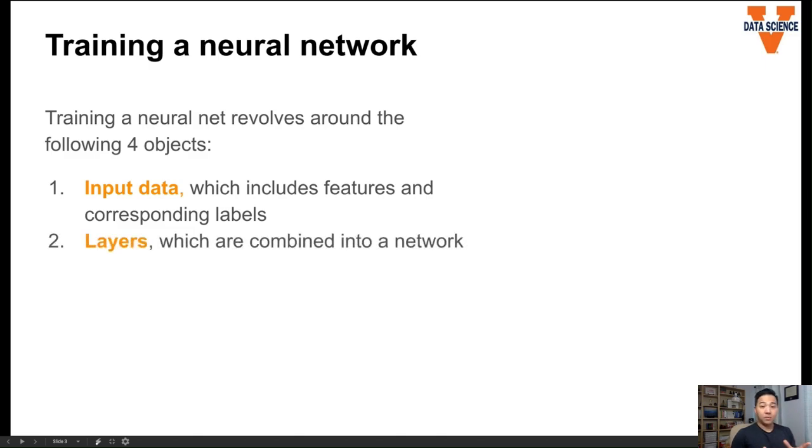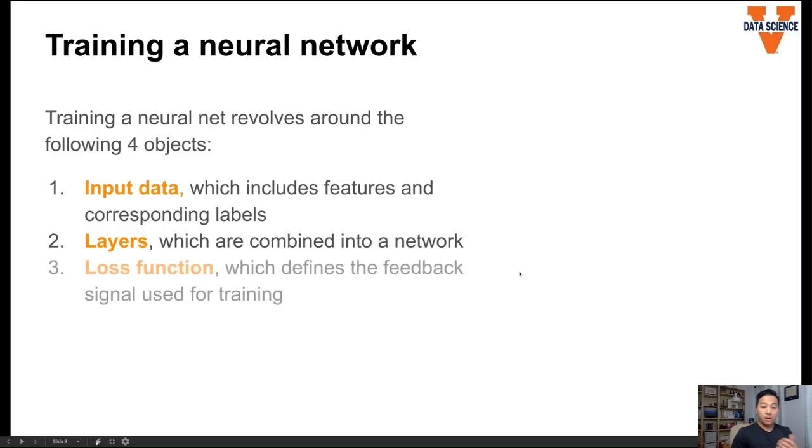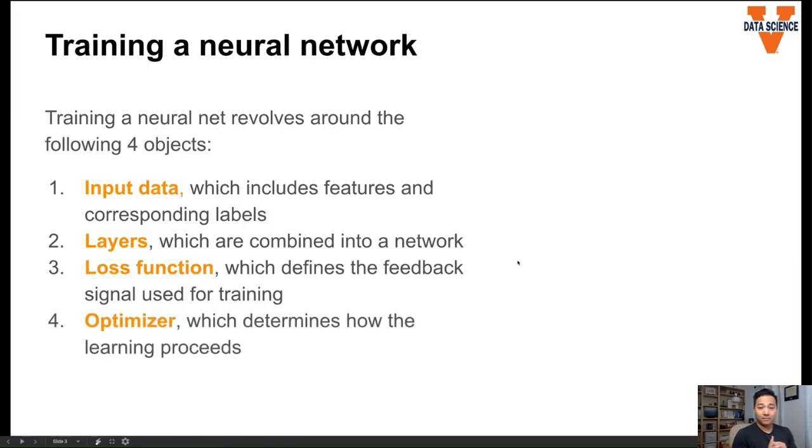Number two, layers, or the architecture design of the network. How many layers there are, how deep each layer is, how all these layers combine into the network. Number three, you need a loss function, which defines the feedback signal used for training. And finally, you need an optimizer, which determines how the training proceeds, or how to learn the network parameters. So you need all these 4 things, and to determine these 4 things before you start the training part of